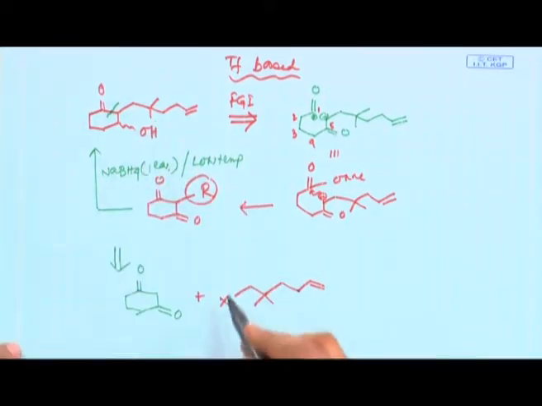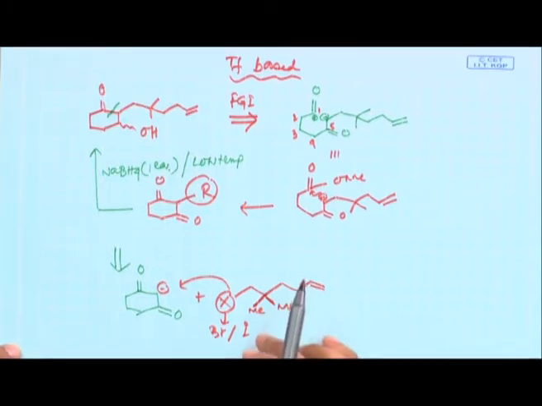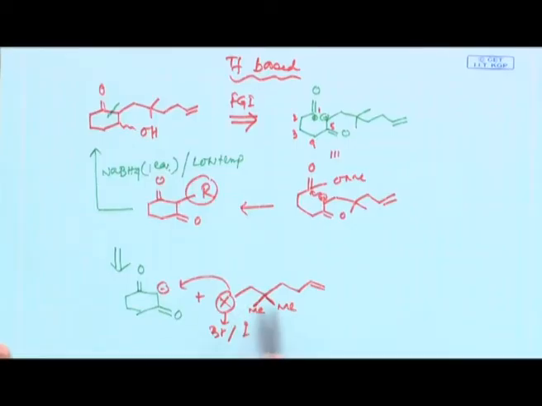Now, if the electrophile is X, where X is bromo or iodo, this carbanion you can easily generate because it is a 1,3-dicarbonyl system, and then you can do an electrophilic reaction. In principle this is fine, but sometimes this electrophile is sterically crowded due to the presence of this geminal dimethyl, so the reaction might not operate. This is a theoretical possibility; unless you do it in the lab you are not sure, so you can still give it a try.